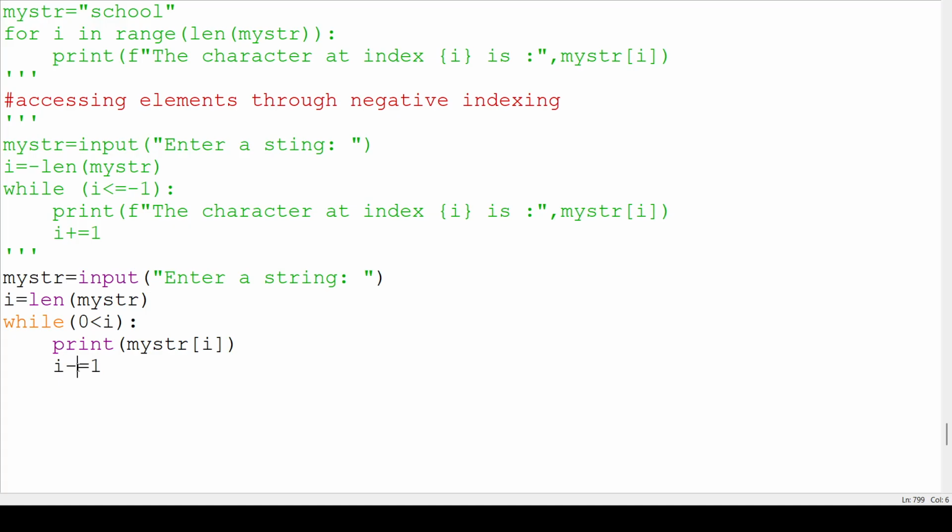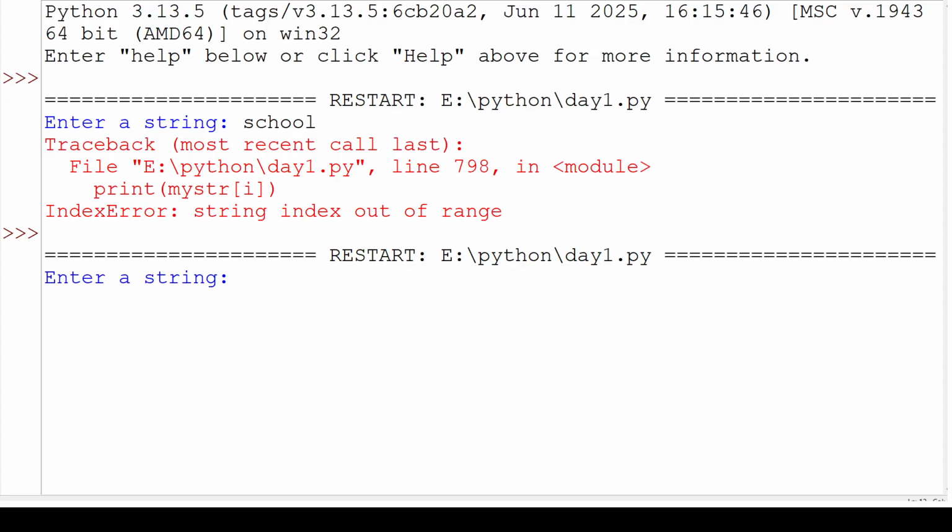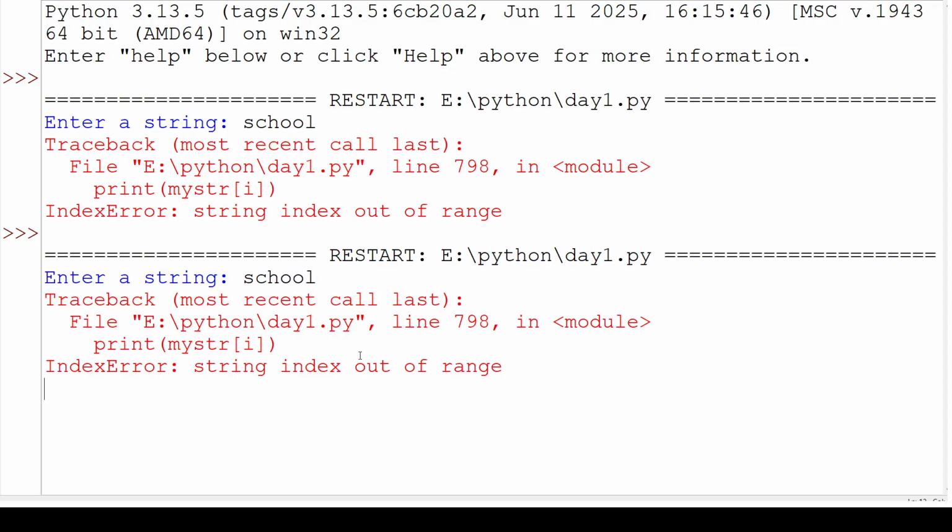Minus equal to 1. Okay, sorry. Control plus S and F5. Now back to the output screen. Sorry, we are printing the string in reverse order. Just a minute. Yeah, this is due to the minus. Sorry, what we made a mistake is,